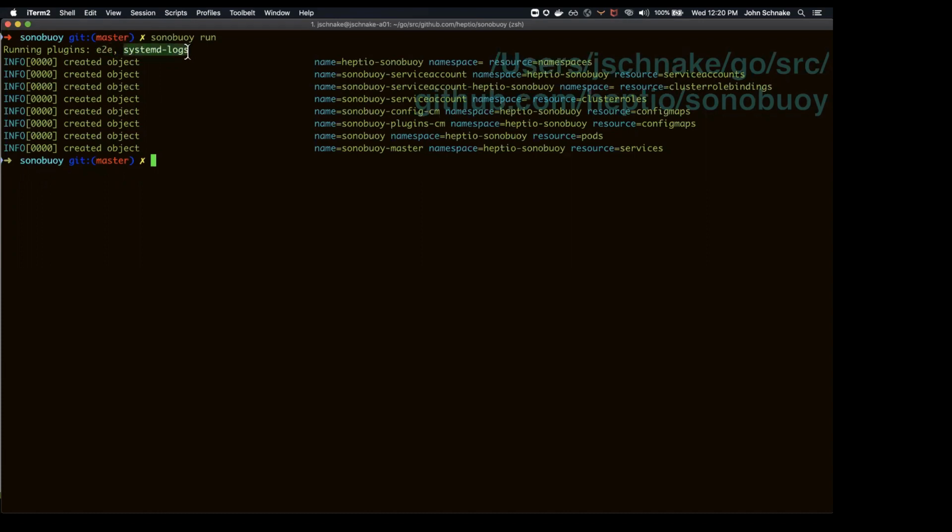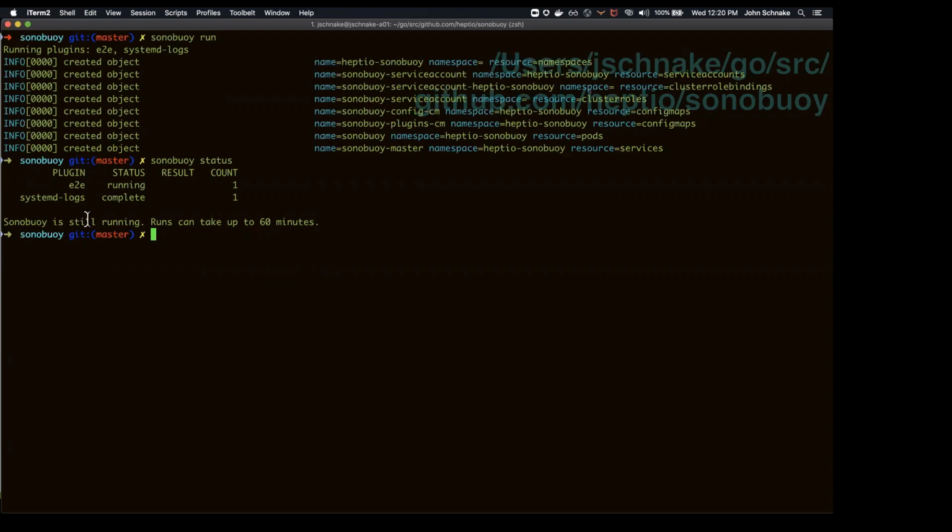But then we also run the systemd logs gatherer so that you can see what's happening on each node if there are problems. Okay. Now, once the run is going, you have a couple of options about how to monitor that. You can do Sonobuoy status, which will list all the plugins that you're running and their current status, running or complete. And then it just says in a human readable fashion that it's still running, more or less be